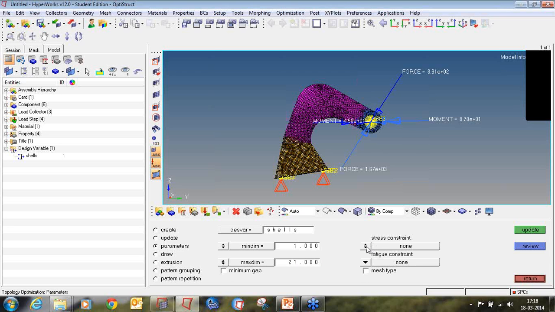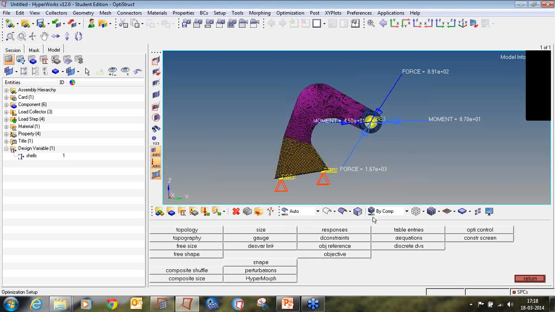Here, instead of creating a response and then defining it in a constraint, we can directly provide the constraint here also, stress constraint. So we'll enter directly here as stress constraint 420. It should not go beyond 420. Click on update. So this is one more parameter which you can activate. Click return to go back to the optimization panel.